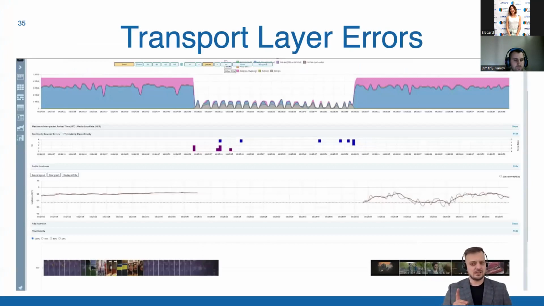This is live information taken from one of our clients that has generally agreed to share this information for me to use in this presentation, so I can show it as an example. Do you see the problem here? Of course you can. There is a problem. There is a gap in the information being received.